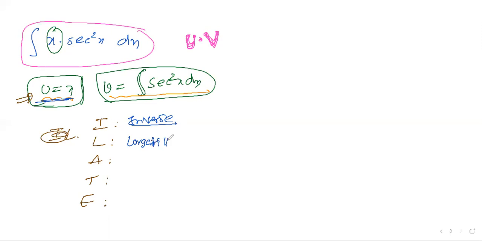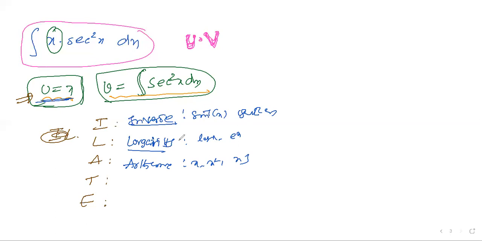Logarithms. Is it logarithms here? No, inverse. No, sir. Logarithms, next arithmetics. Inverse means, I think you people see this for the first time: sine inverse x or sinh inverse x comes under inverse. A logarithm means log x or e power x. This comes under here. Arithmetic means x or x square or x cube. These come under arithmetic. Next, T means trigonometry.